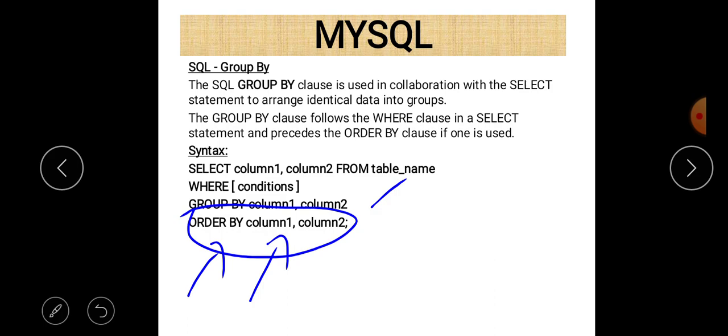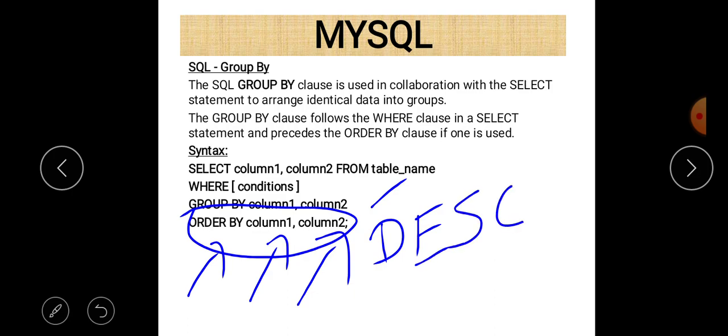And if values are found to be the same in column name 1, then the data should be sorted according to column name 2. And always remember that data will be sorted in ascending order. If you want to manage the data in descending order, use the DESC keyword. So that is the use of the order by command.